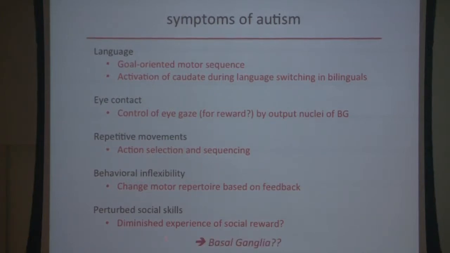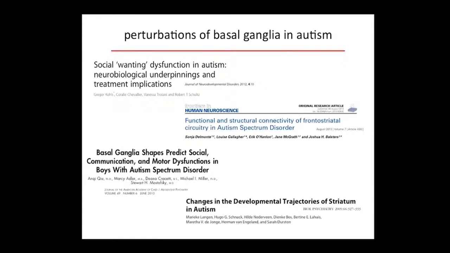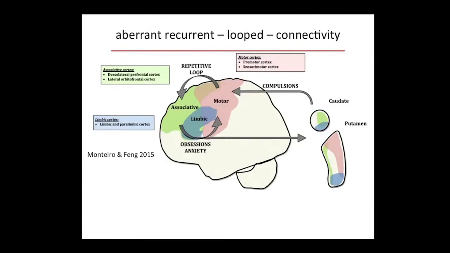And so I want to give you some evidence of the kinds of perturbations of activity-dependent processes in the development of the basal ganglia that we think may be related to some of these symptoms, although obviously I won't make a direct link in humans today. These are going to be mouse studies. There are, though, links being made within the human literature that I'm not going to go into today. The idea basically emerges that there are loops that exist between different areas of cortex,